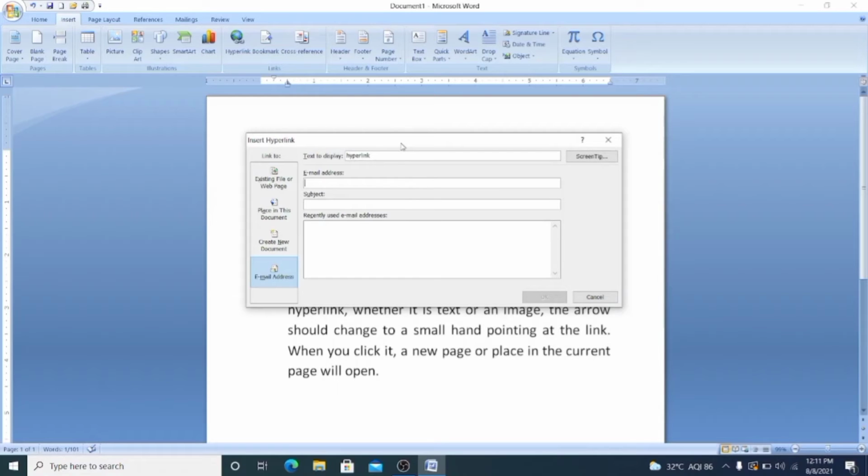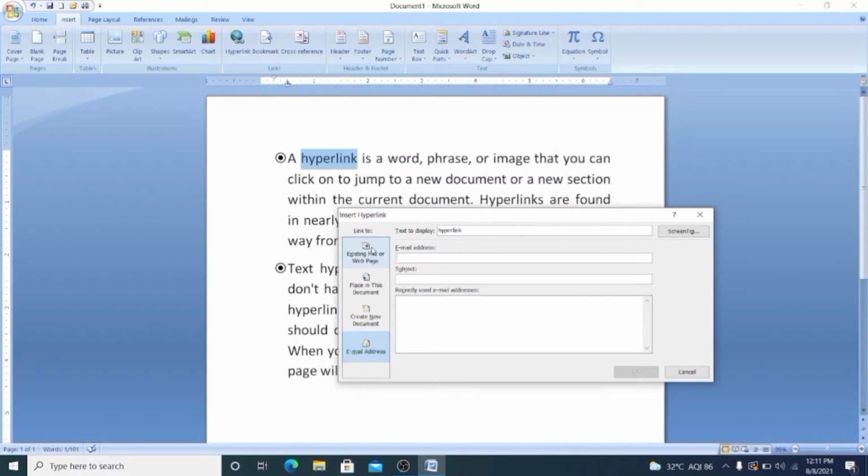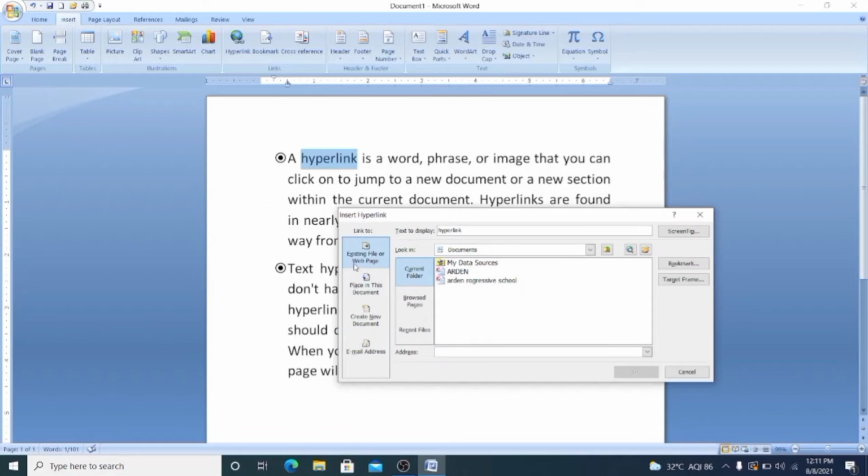Suppose first I want to use the first option, that is Existing File or Web Page. Right now I have selected the word hyperlink, and if I want to make it a hyperlink, I have to click on this link to option, Existing File or Web Page. From here I have to select the destination where the file I want to connect is stored.